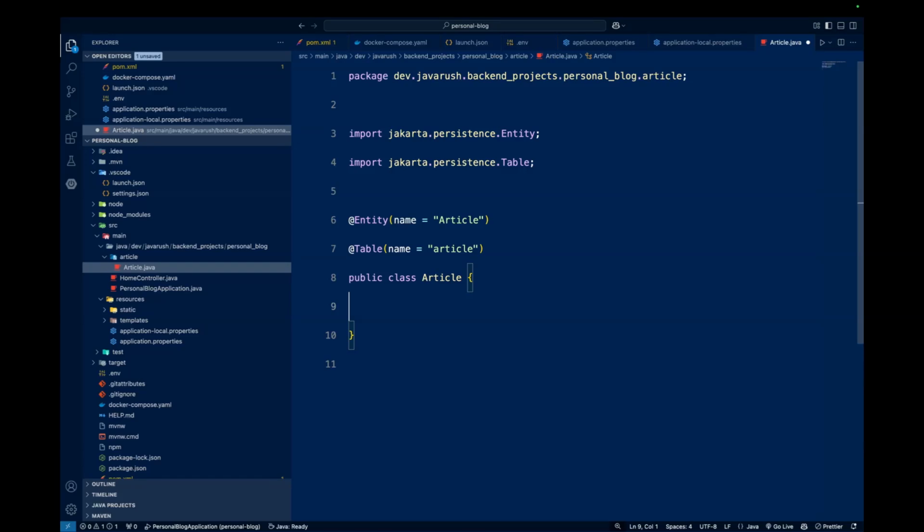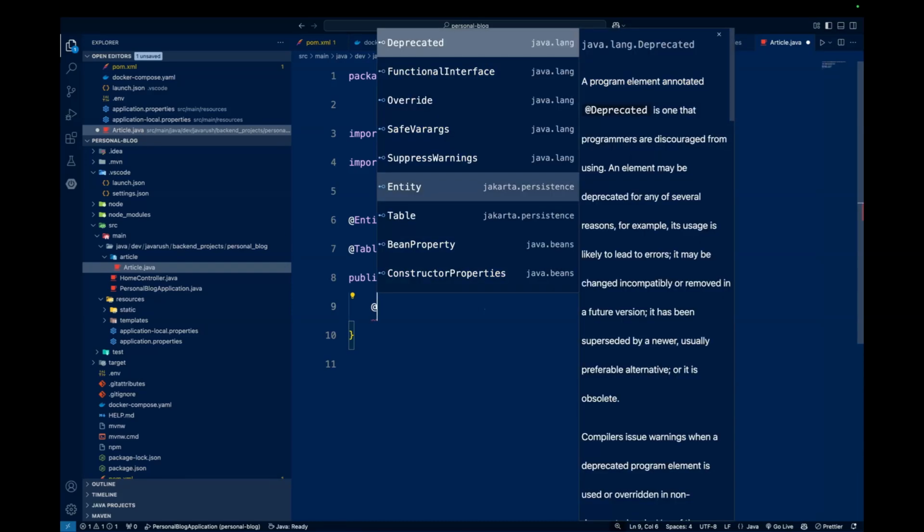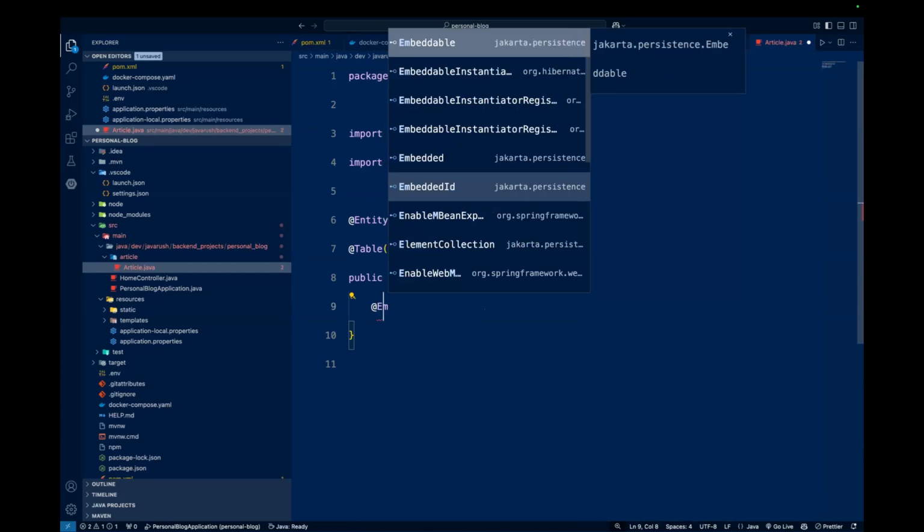So let's say in your application you have multiple types of entities. Let's say article, blog, user, organization. If we make the ID a string, then it is possible that by mistake we may assign the ID of one type to the ID of another object of another type. But if we create separate classes for IDs, there is no chance that we can assign an organization ID as the ID of an article. So for that we need to use the